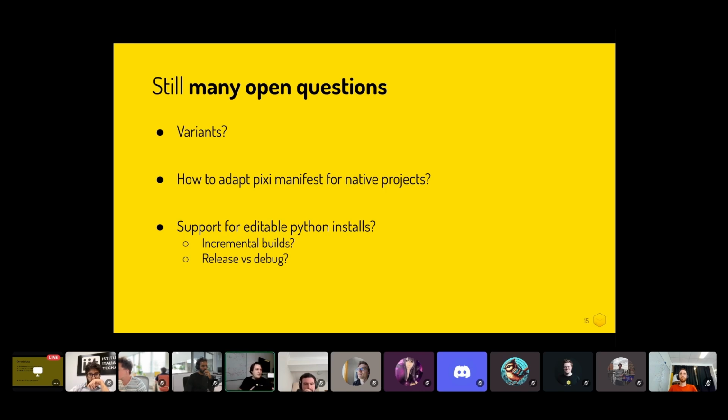So building for C++ packages requires more steps than a Python project. So what will the pixi manifest look like to support different backends? And finally, this is a big one as well: how can we support editable Python installs? Editable Python installs are a package that only works on your machine because it references specific files on your machine. And it's quite similar to incremental build. So how can we build a package not in isolation, but reuse the previous